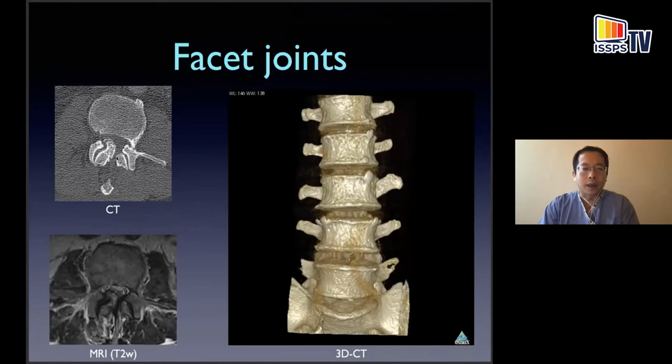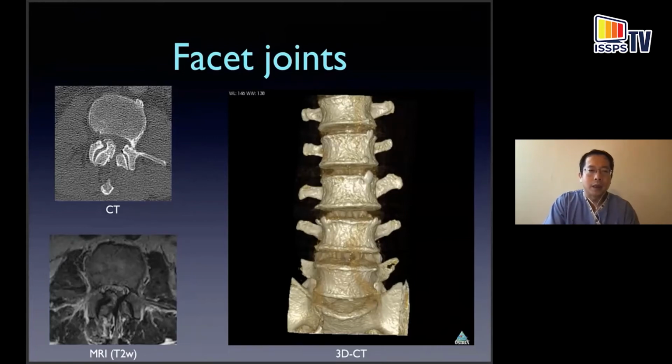If you've only got the axial images, you can still see that. Just change your viewing windows to bone windows like this, where all the soft tissue becomes a bit more gray, and you've got more focus on the bones themselves. Now, looking here at the facet joints at this level, for example, you can see how the facet joint anatomy